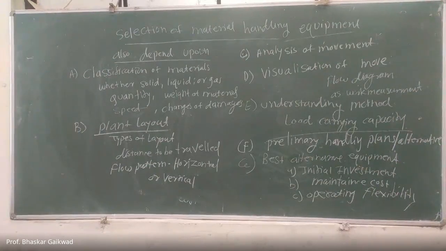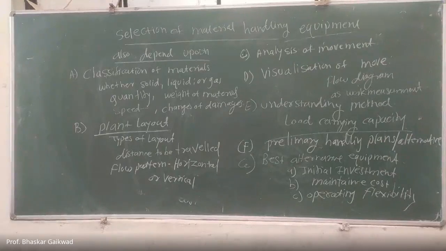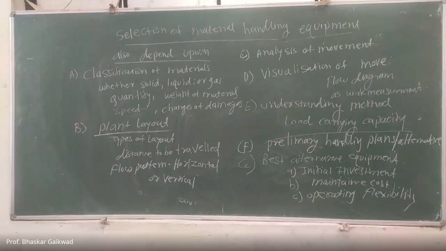A robot we can normally use in a variable path, but conveyors, chain conveyors, belt conveyors, monorails or overhead cranes are normally used for a fixed path in continuous production, mass production. Our product layout or line layout already exists there, then you can use these. But if a variable path is there,